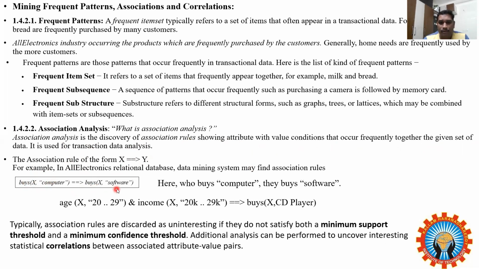Similarly, X is buying software. If X is a person with age 22 to 29, he is also buying a CD player. He has this income, so automatically he is buying this. So this is nothing but an association rule. Okay, right. Typically association